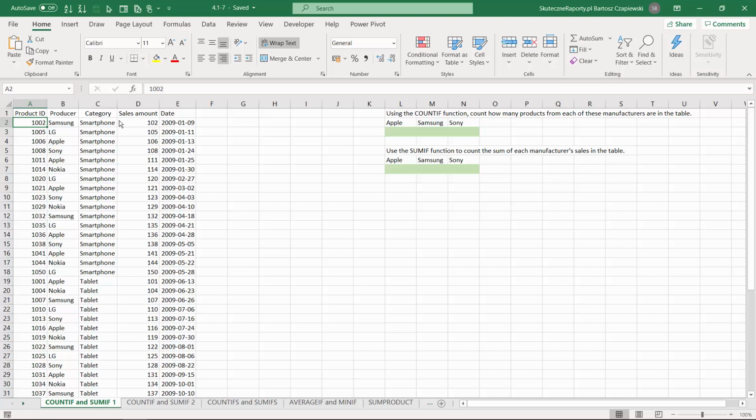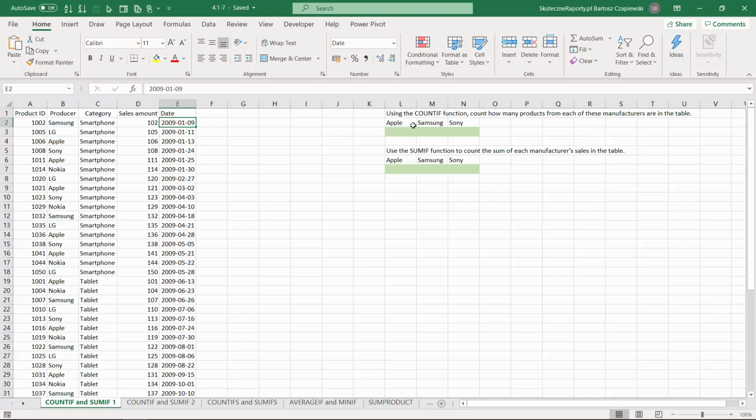If you analyze most of the reports, the basic calculations that we do on the report is either we sum some things, like in our case the sales amount, or we calculate how many things, how many times something happened, and this is usually just counting. I'm talking about it because the two basic reporting formulas that we start with are COUNTIF and the SUMIF formulas,